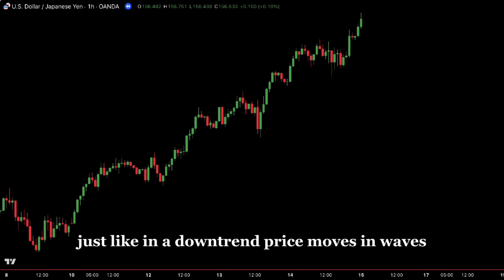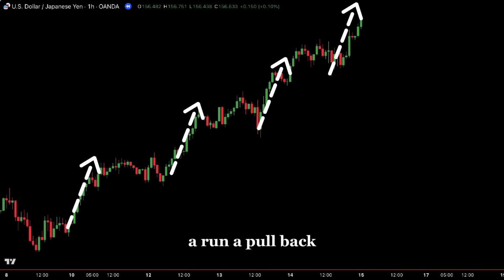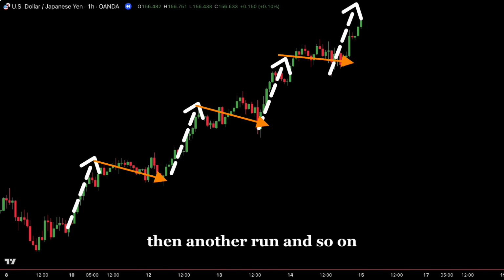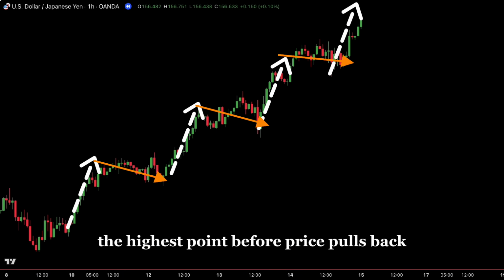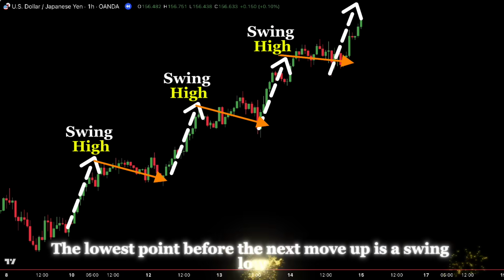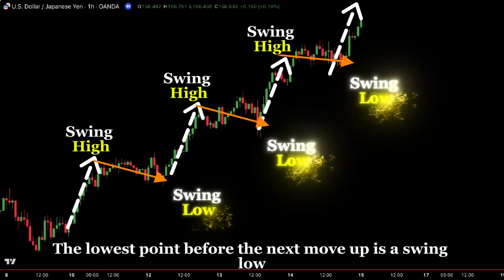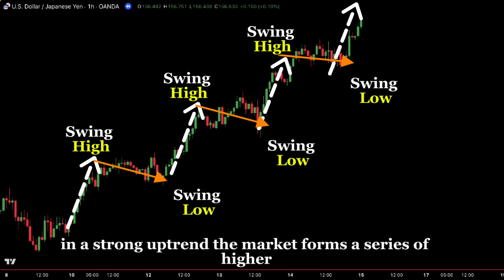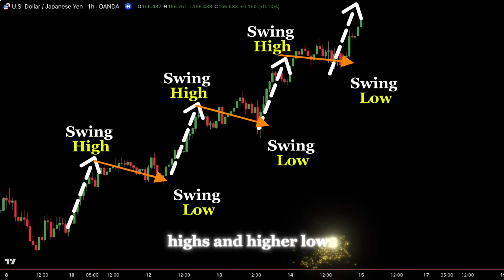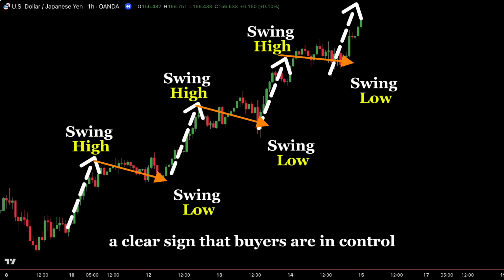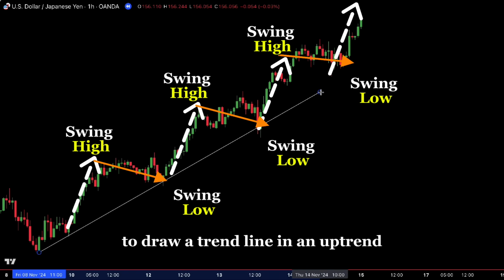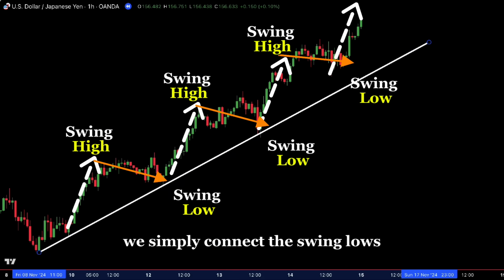Just like in a downtrend, price moves in waves, a run, a pullback, then another run, and so on. The highest point before price pulls back is called a swing high. The lowest point before the next move up is a swing low. In a strong uptrend, the market forms a series of higher highs and higher lows, a clear sign that buyers are in control. To draw a trend line in an uptrend, we simply connect the swing lows along the bottom